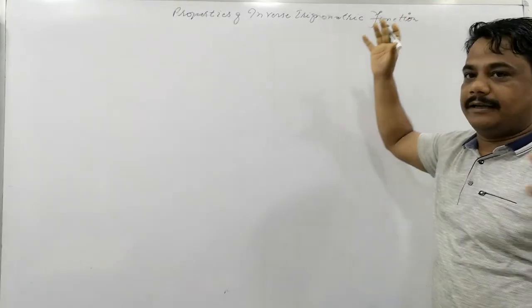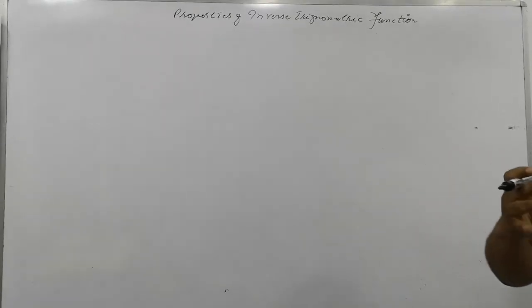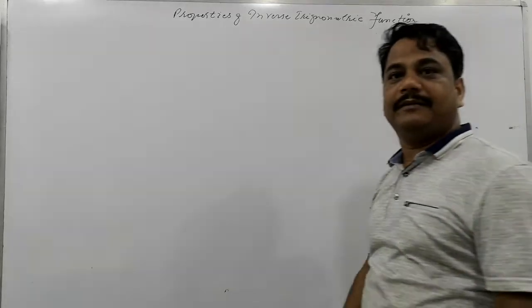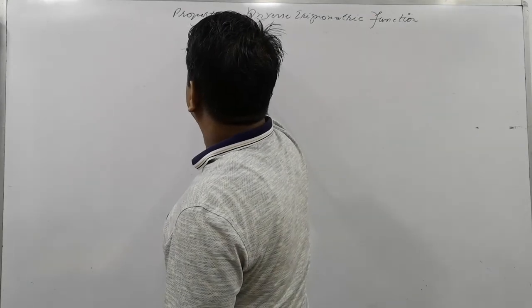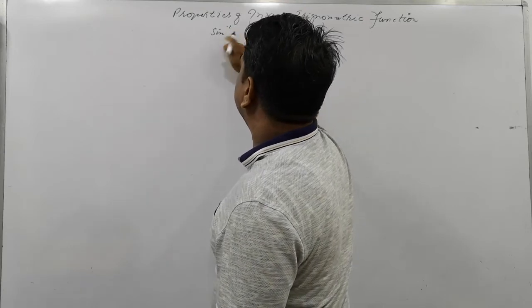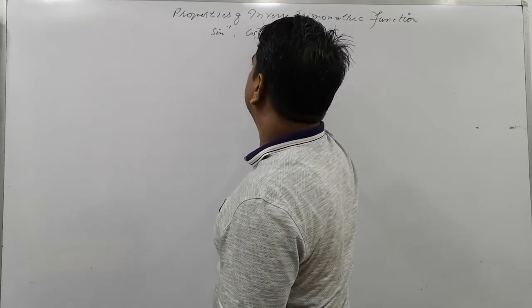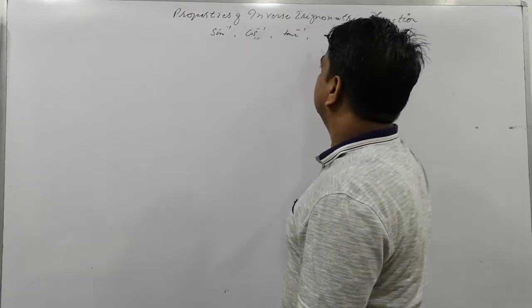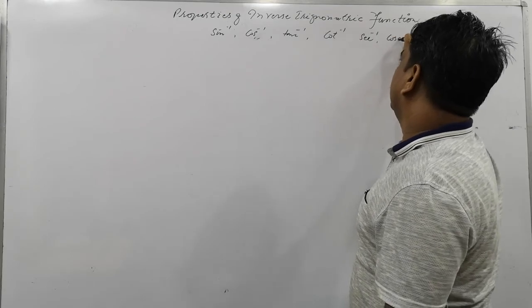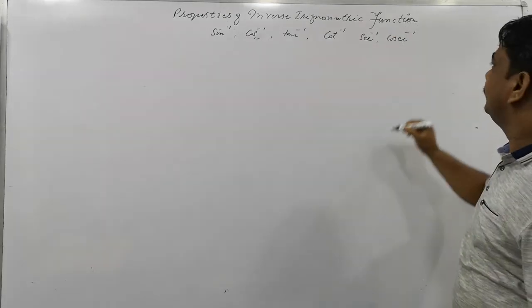This is the important part, and the examination questions are actually being asked from this section. However, exercise 1 has its own importance; the basis of the second is the first. So, properties of inverse trigonometrical functions. How many inverse trigonometrical functions have we seen? Sine inverse, cos inverse, tan inverse, cot inverse, sec inverse, and cosec inverse. These are the functions we have discussed.